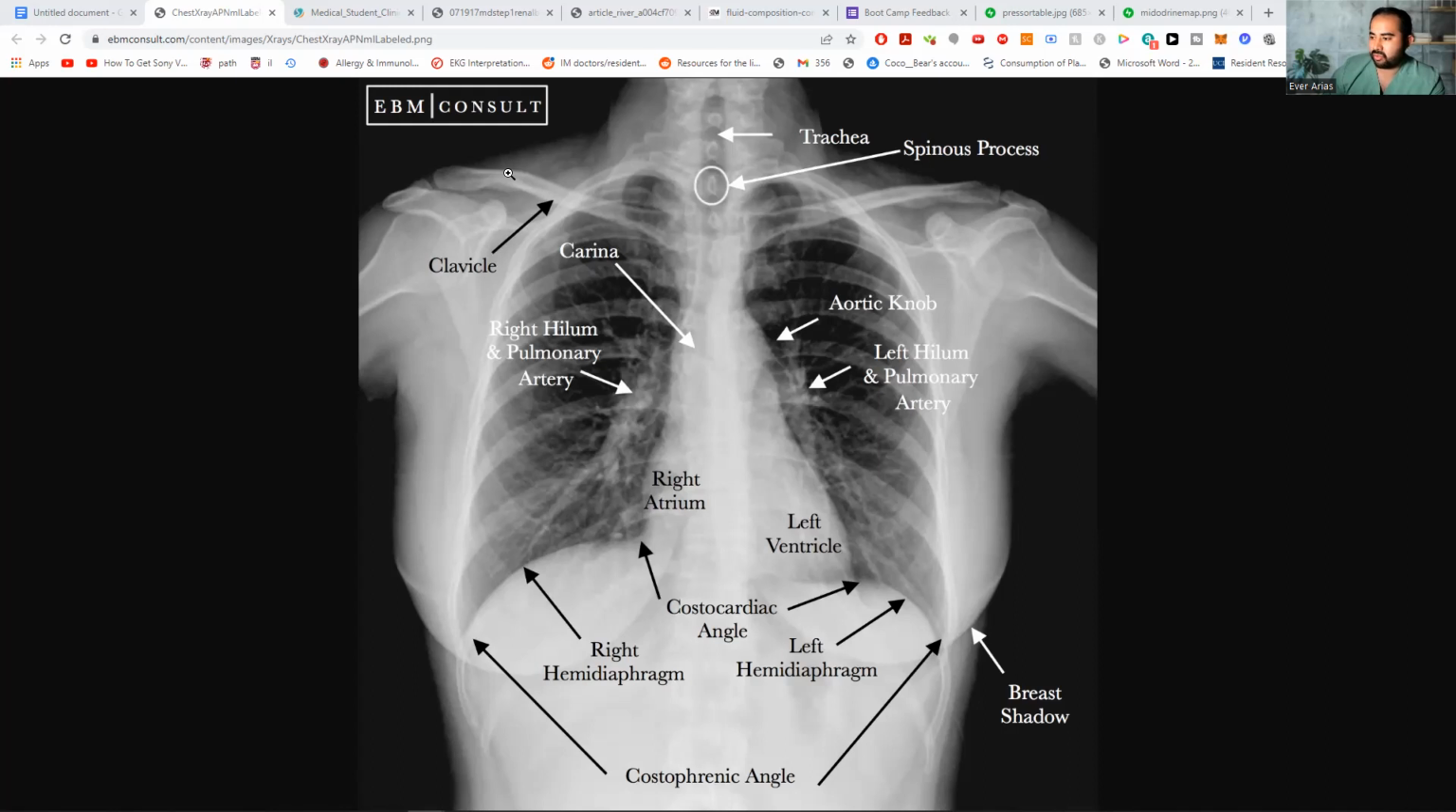B is bones, making sure there's no damage or fractures in the bones. C is cardiac, looking at the cardiac silhouette. Usually if it's larger, the way that I remember is from,